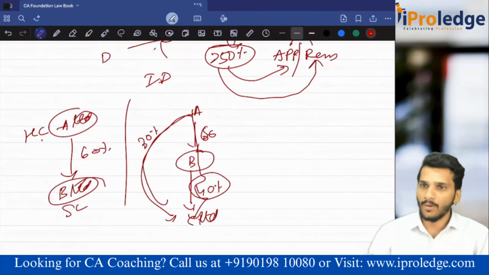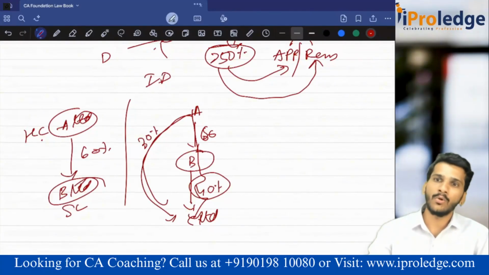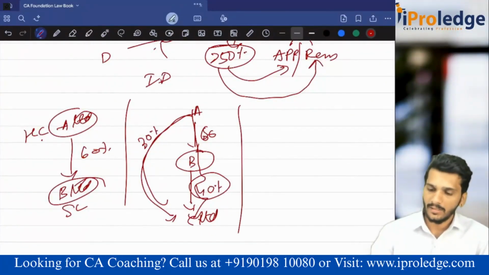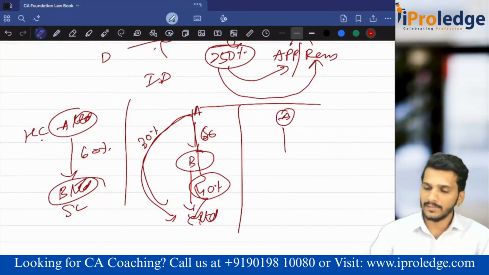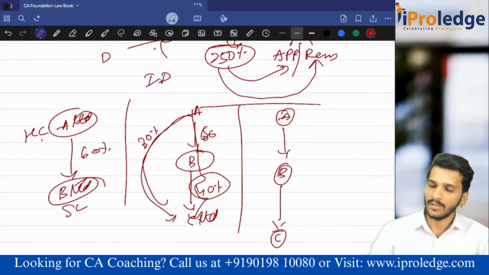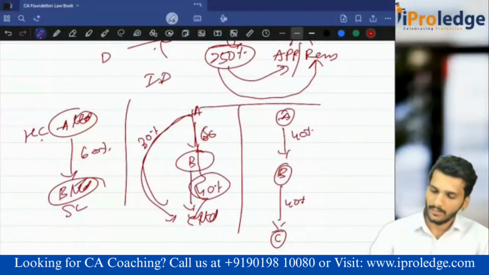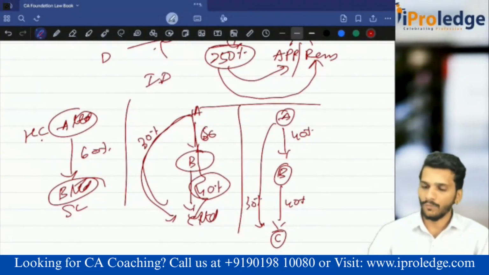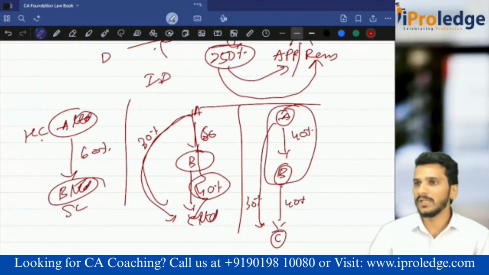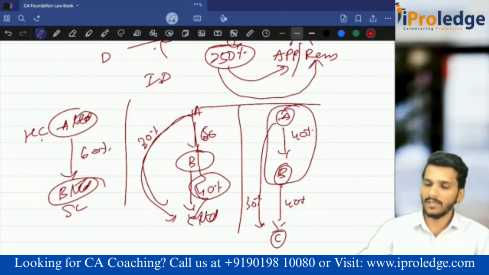That means if you are counting the indirect shareholding, you should count only the subsidiary shareholding. That is what is there here. Like this case, it is not covered. A Limited, B Limited and C Limited are there, in which A Limited is holding 40% in B Limited, and B Limited is holding 40% in C Limited. Now A Limited is holding 30% directly in C. First of all, are A and B holding and subsidiary? No, because 40% is less than 50%. So holding and subsidiary is not there.